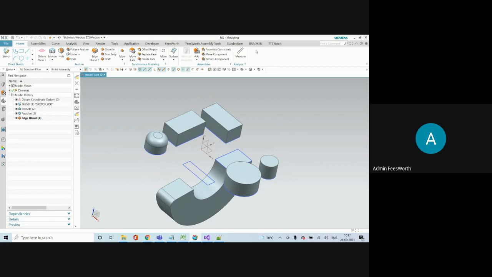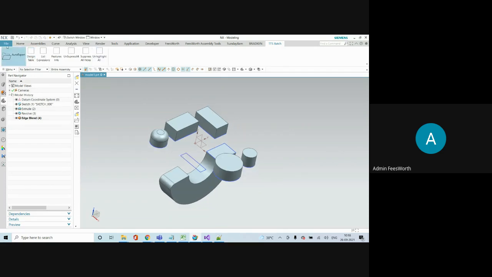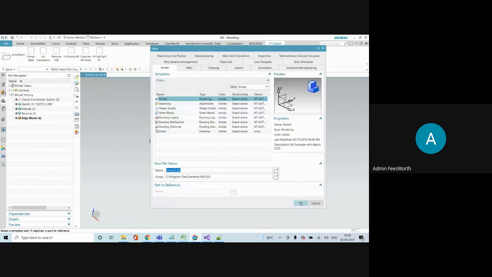And you can prepare your commands here. You can create your own tab and you can link. And if you execute, it will do that all one by one. For example, what will this command do? Get full path of the current part. Create cylinder and sphere. Create sketch. I'll go to that maybe next batch. See, automatically export IGS and step. Design a table. So let me run one or two. I'm not going to show the program, but at least I'll tell what it will do.